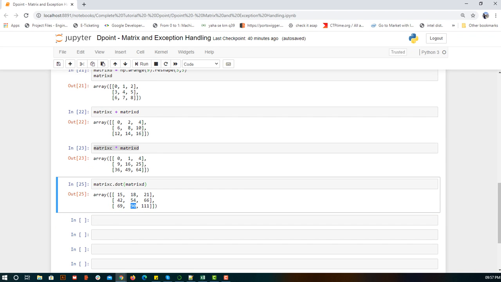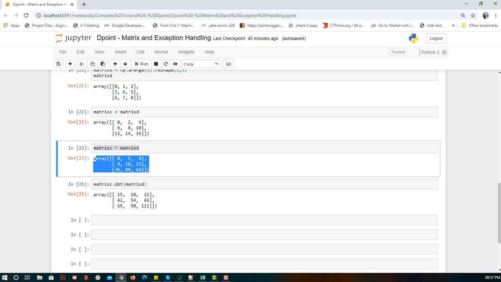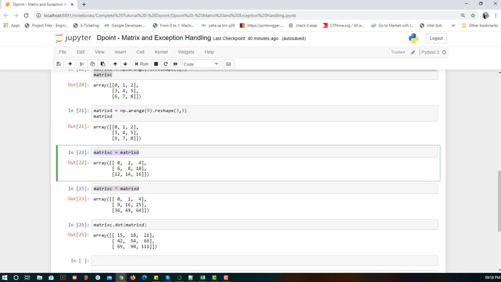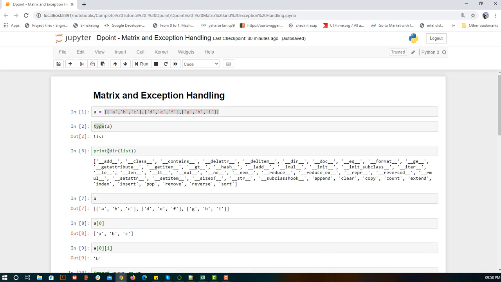I hope you got what a dot matrix is. Now why do we need this? You will get to know that once we understand how the algorithms are prepared and what is the use of dot matrix. For now, just remember that this was the dot product, and this normal multiplication is known as matrix multiplication, and we did the addition. Similarly it will be subtraction, division, everything. Okay, so I think this covered pretty much 20 minutes as of now.